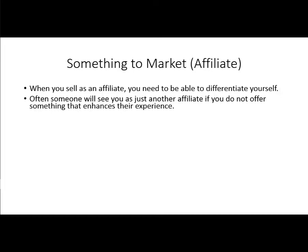If they're going to buy through your link, you need to create more value by them buying through your link than if they bought it from someone else or straight from the product creator or vendor. One of the best ways to do that is to offer a bonus. If you have already created a product, that is an excellent thing to offer as a bonus. So even if you choose not to sell your product, one of the best things you can do once you have determined your niche is to have a bonus, and you do that by